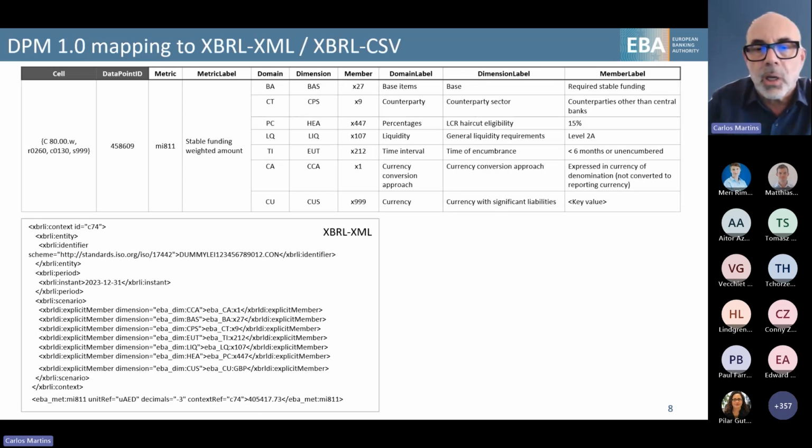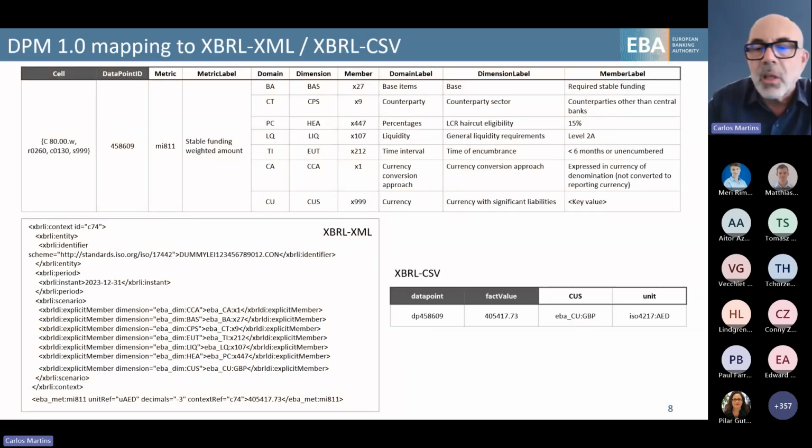The representation with the new XBRL CSV format will look like this: we have a data point ID and the fact value, and a couple of other properties that I will explain later. Let's now understand how these things map. First of all, we have the fact value in both XML and CSV, and the fact value, of course, is not part of the DPM. DPM is only about metadata, not about the fact value. So these appear like this.